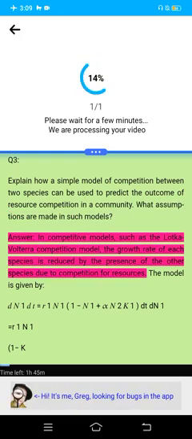Answer. In competitive models, such as the Lotka-Volterra competition model, the growth rate of each species is reduced by the presence of the other species due to competition for resources. The model is given by